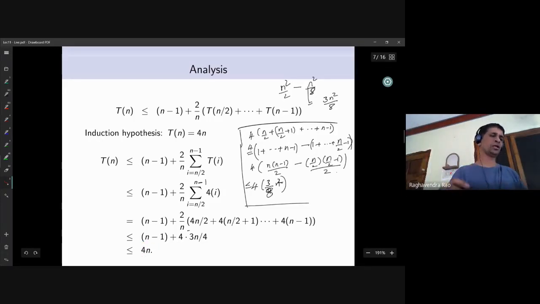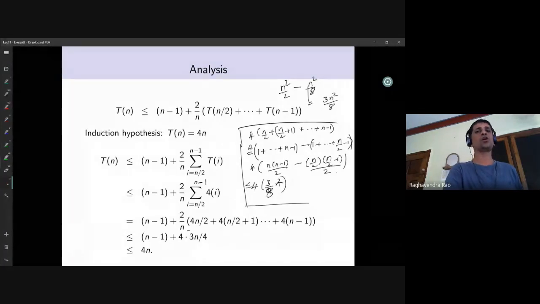Now you can use Markov inequality to prove a probability upper bound. You can see that this value is at most 8n with probability at least half. Sorry, this value is at most 20n with probability at least 4 by 5 and so on. So we can get high probability versions of this, but it's certainly surprising compared to Quicksort, where the expected runtime was n log n. Here we got order of n, constant times n.